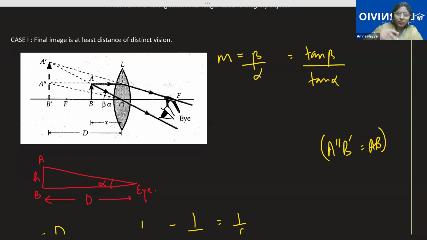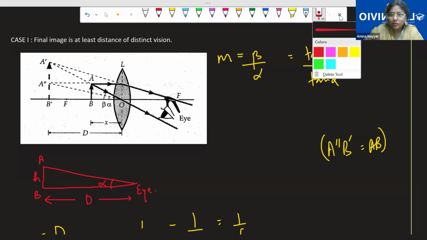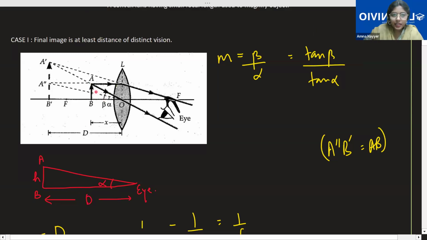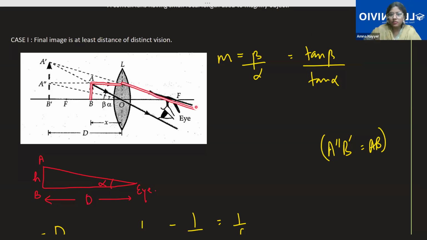Now see, understand this diagram. It's very easy. The best part is that directly formula based questions come and you don't even have to apply the sign convention. Derivations are there, but derivations you can manage, it's fine. See, this is the object AB. Object which is present is AB over here. This is the first ray coming, passes through the focus. Parallel ray passes through the focus. Second ray passes through the optical center, it retraces itself.